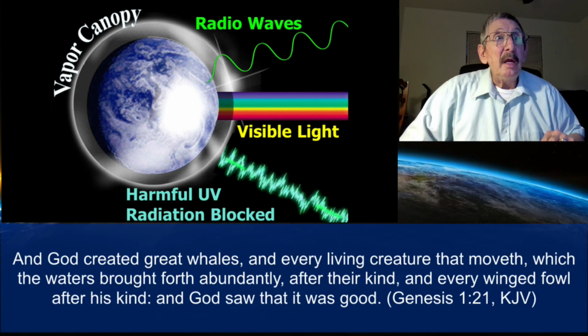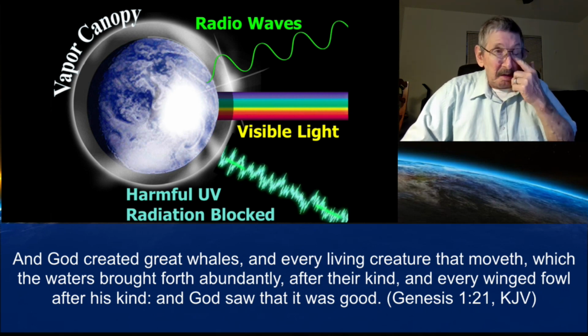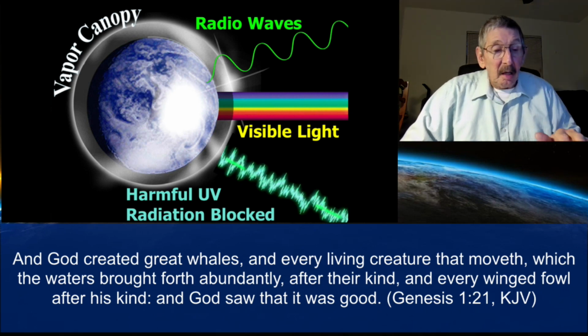Okay, verse 21. And God created the great whales and every living creature that moveth, which the waters brought forth abundantly after their kind, and every winged fowl after his kind. That term after his kind is a great term to remember because what it's basically saying here is that people who believe in evolution believe that we started out in this kind of goo chemical, and that through attrition or through